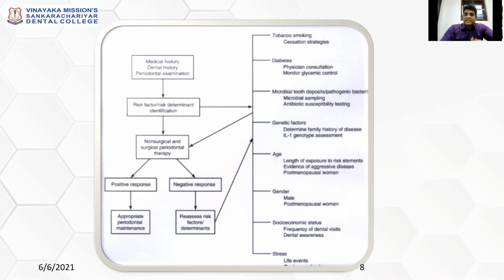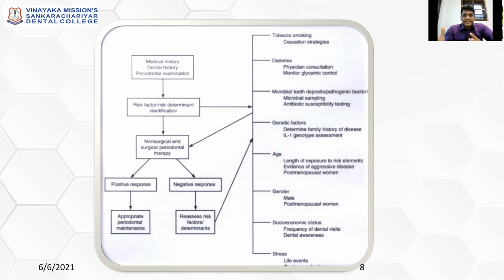Before arriving at that, check the risk determinants. For example, check whether the patient is smoking. If the patient is smoking, motivate them to reduce or quit smoking. And if the patient is diabetic, check the blood sugar level and whether there is good or poor glycemic control. Then talk about management, because these risk factors can change the course of the disease. That's why your treatment won't have that much success otherwise. So if you properly check the risk factors and counsel the patient well, we can modify those risk factors for better management of periodontal disease.